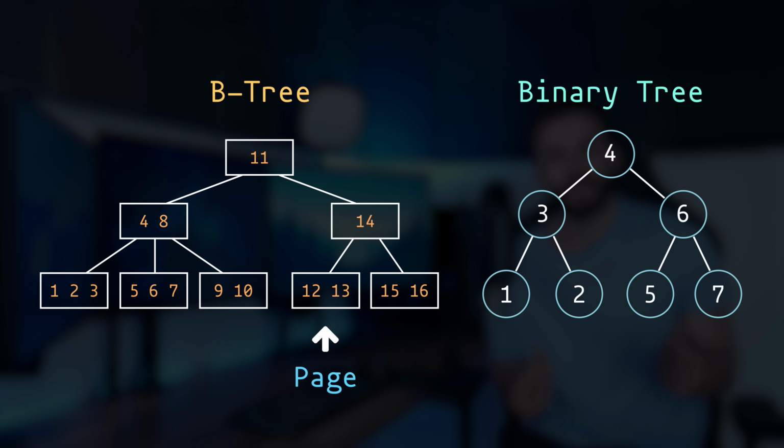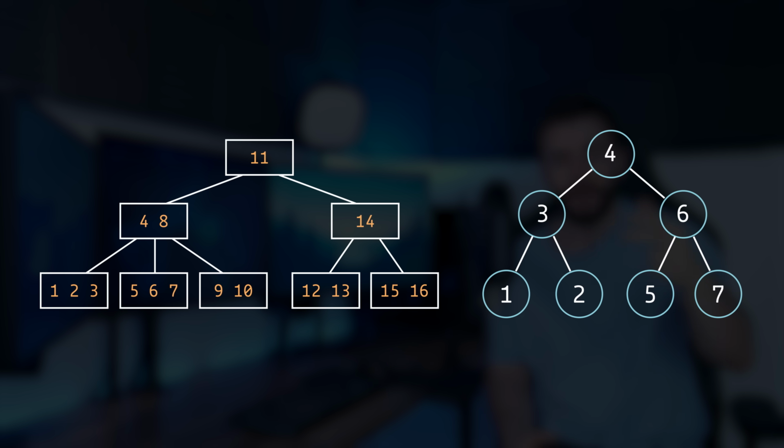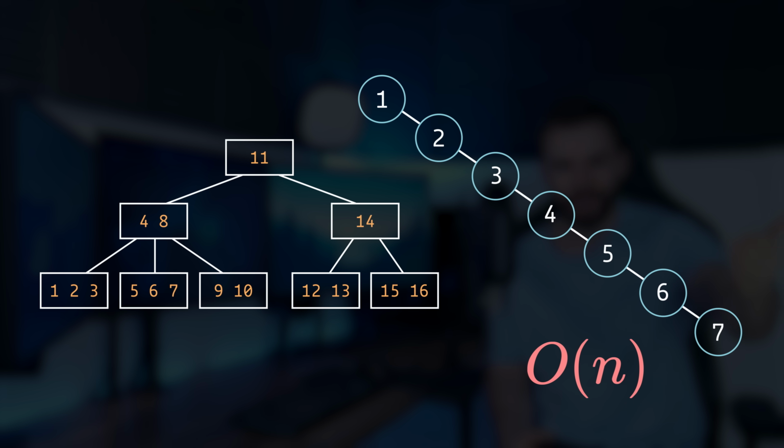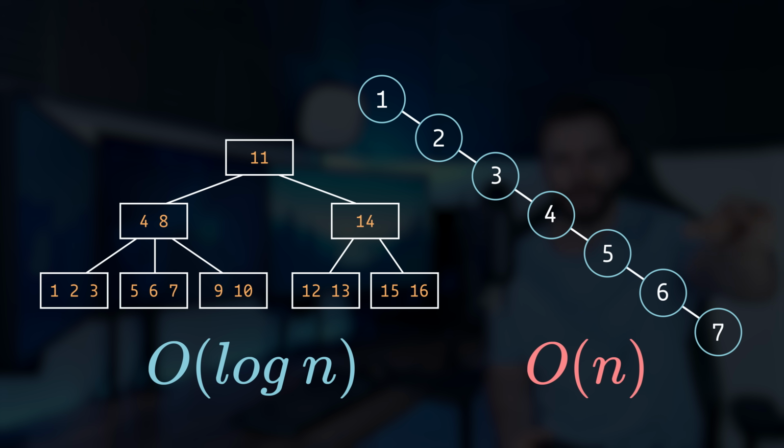But it's made of pages. It stores multiple entries in each node, so each node is basically like a sorted array, and it's optimized for disk storage. Another one of the goals of B-trees is to avoid the main problem of binary trees, which is that they can end up becoming a linked list with O(n) search time if you insert the keys in order. But B-trees will never do that because they run a self-balancing algorithm, and that's what this video is